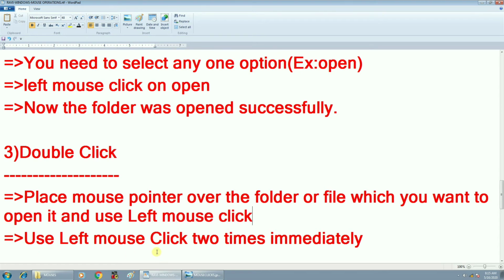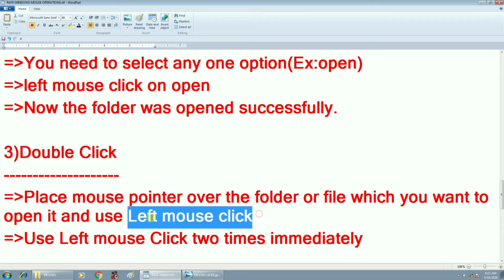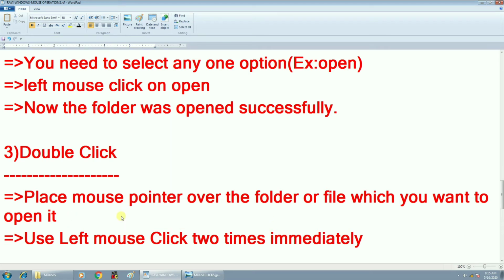Use the left mouse click 2 times immediately. No need to use the left mouse click a single time. You have to do immediate steps. You have to use the left mouse click button immediately 2 times.